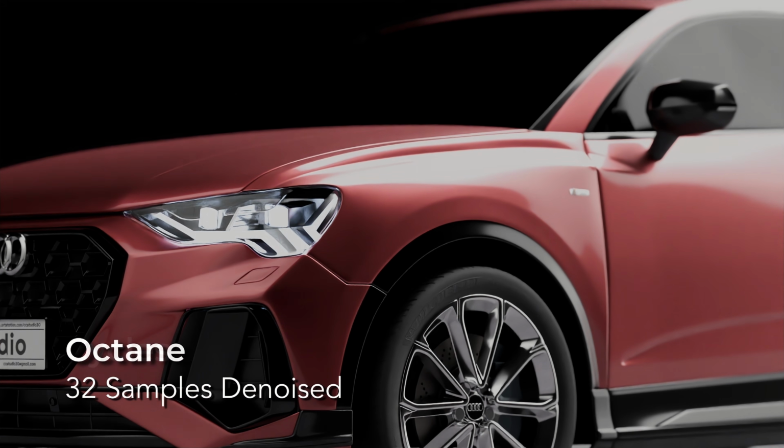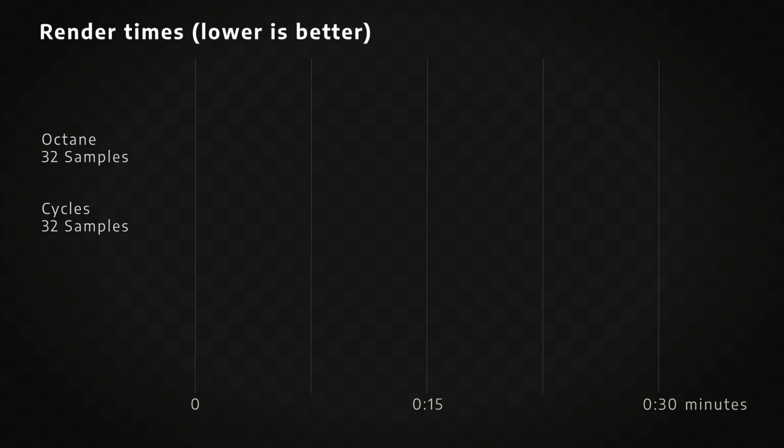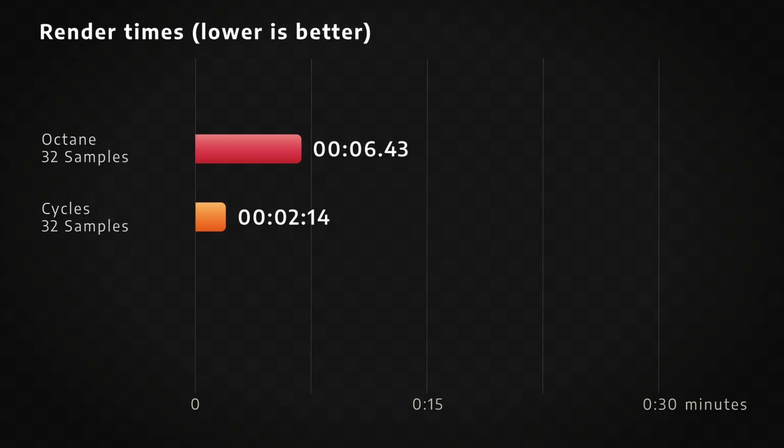For the final round, I decided to use Open Image Denoise in both engines and set both to 32 samples. Honestly, you don't really lose a big amount of quality for the time you are saving. Like, Octane was able to finish the render in 6 seconds and Cycles only took 2 seconds, which is kinda